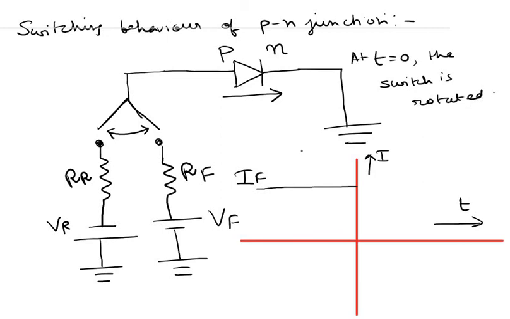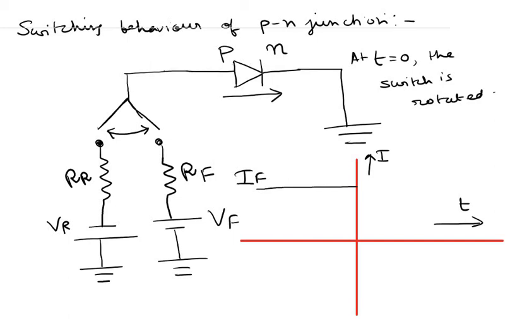I repeat again that initially before t equal to 0, the diode was connected to the forward biasing voltage source VF through this resistor RF, so this part of the connection was closed, and at t equal to 0, this switch is rotated, so this path opens up and this path closes, and so at t equal to 0, this diode is connected to the voltage source VR through this resistor here RR. Okay, now